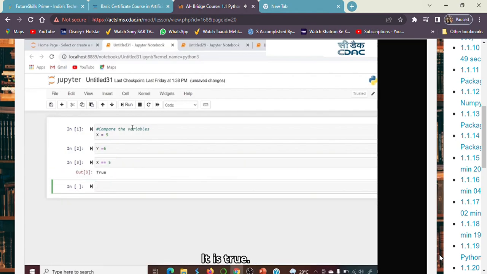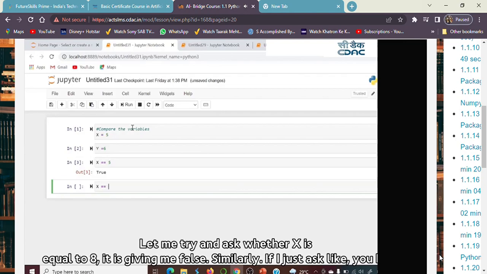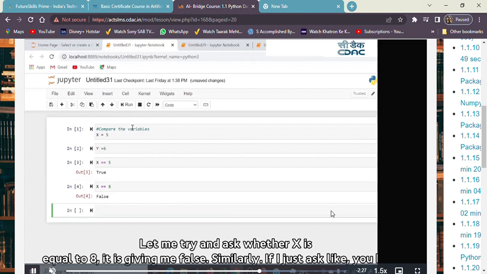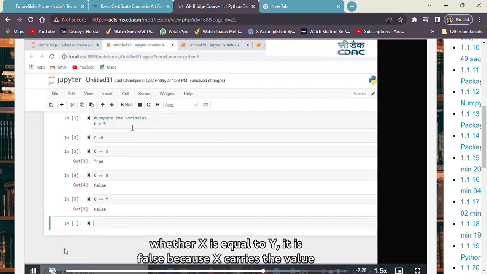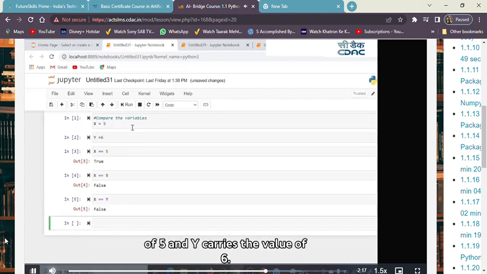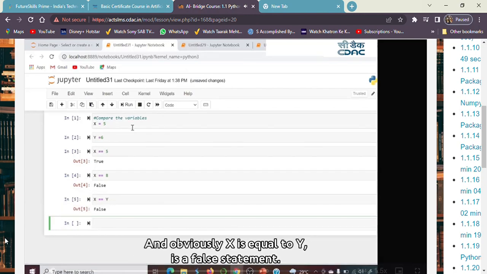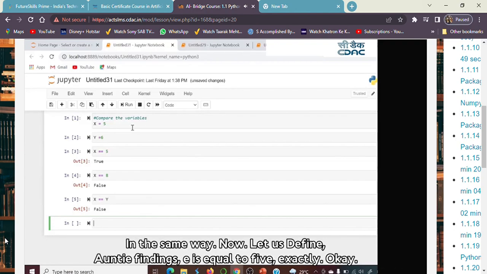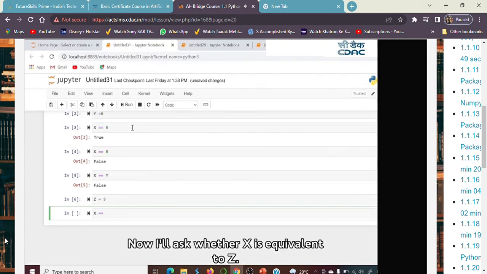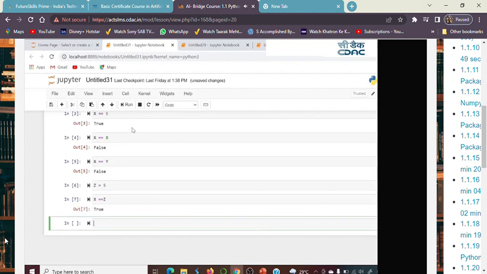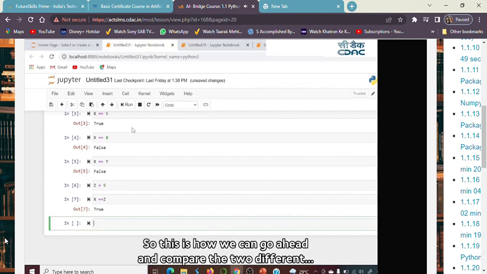It says true. Let me try and ask whether x is equal to y. x is the value of 5 and y is the value of 6, and obviously x is equal to y is a false statement. In the same way, now let us define z is equal to 5 exactly. Okay. So I'll ask whether x is equivalent to z. It says true. So this is how we can go ahead and compare two different variables by taking certain